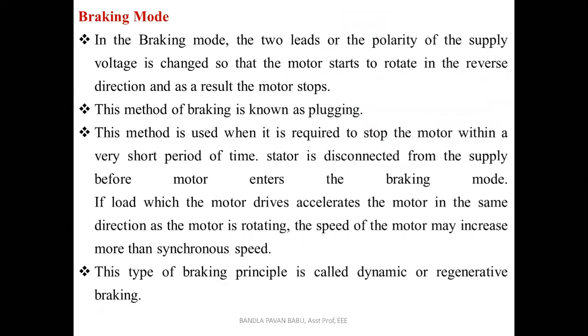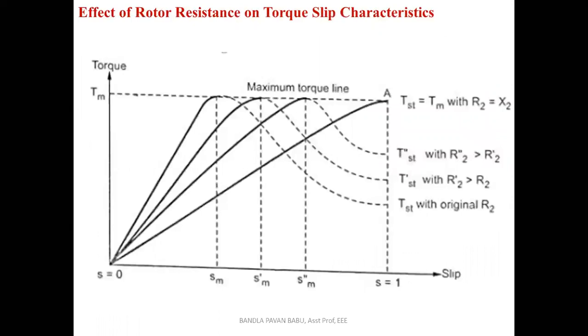Next, what are the alternate methods? Then how can we improve the torque if we add the mechanical load to the motor? If we keep on increasing the load, the speed gets reduced. That should not happen there. It has to reach the rated speed, the rated speed of the motor, which should be different from the synchronous speed of the stator. So if you want to run at the rated speed, and if it has to reach the maximum torque,